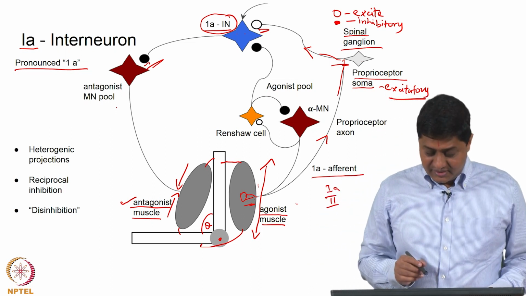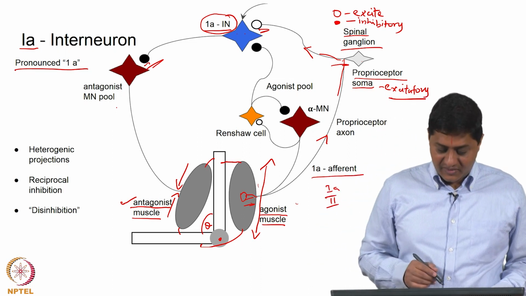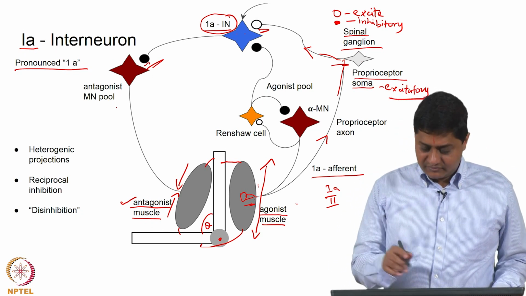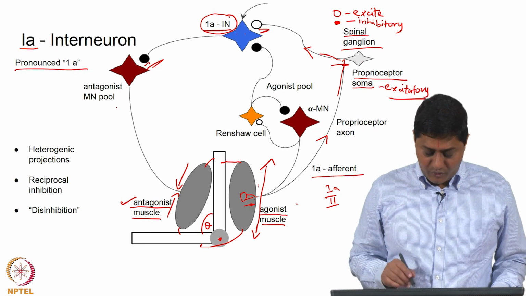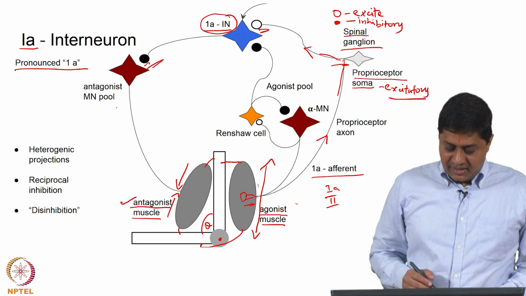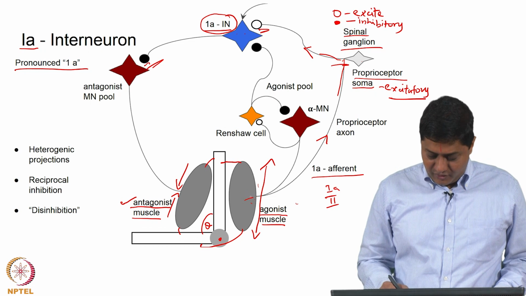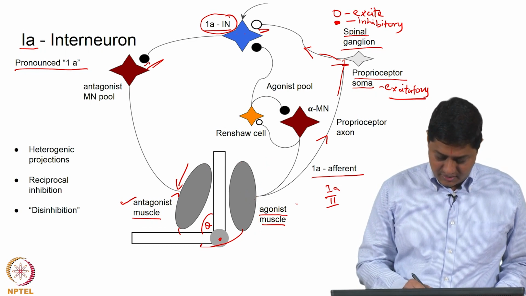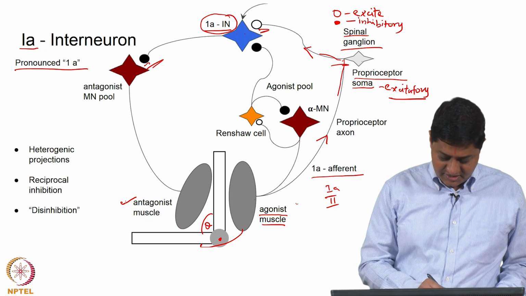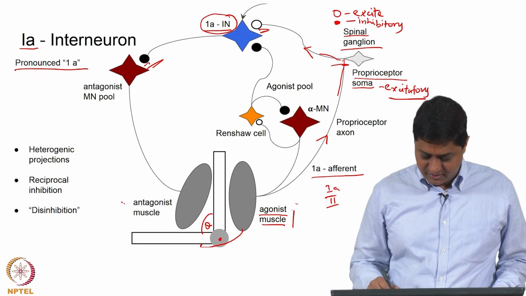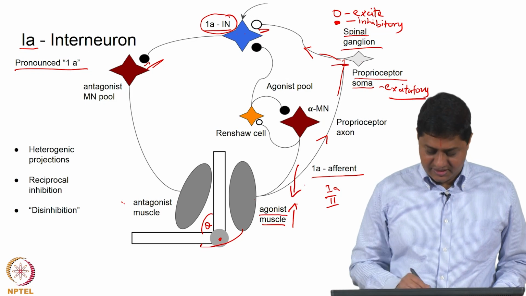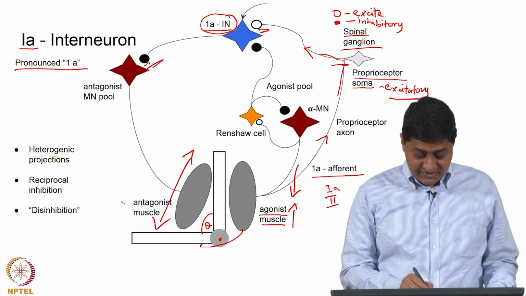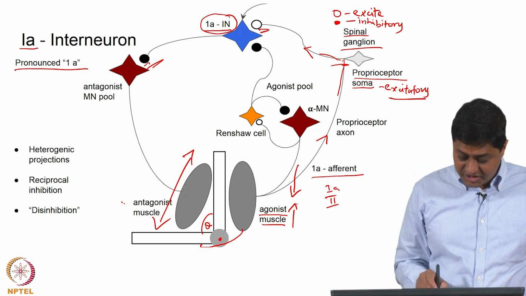Also, we must realize one more thing. What is not shown in this picture, just to prevent the complications that might arise, is the following. Let us suppose the opposite is happening. Okay. Let us suppose that it is the agonist muscle that is contracting. In other words, that muscle is reducing in its length, that muscle is getting stretched. Then what will happen? As soon as this muscle is getting stretched, what is not shown in this picture, now